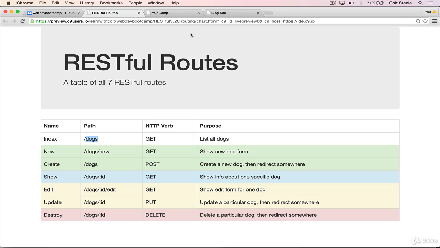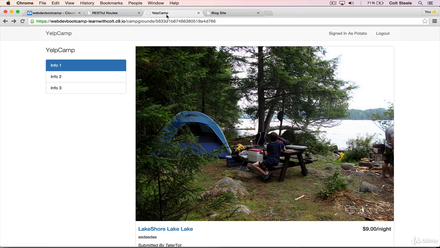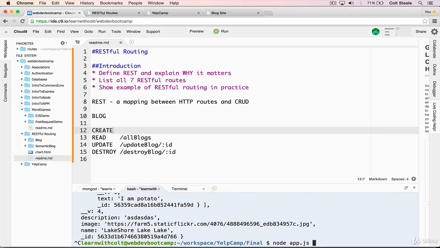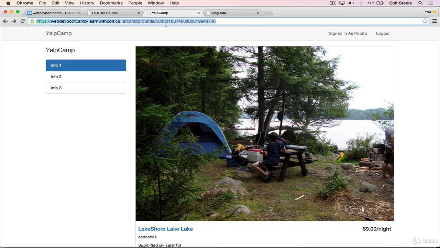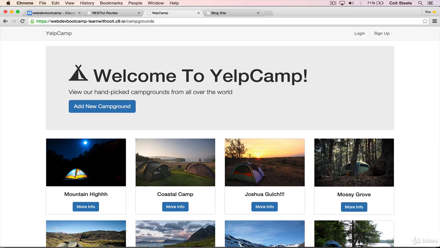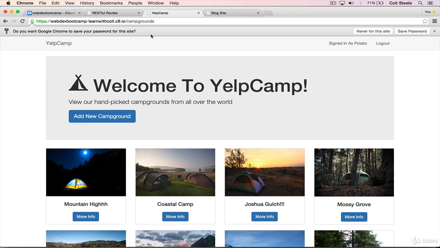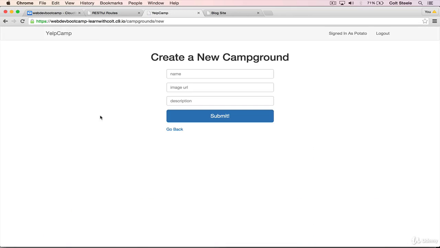And I'll actually show you really briefly with Yelp Camp, which I have open here. Notice that, I'll start the server up. Notice that the page where we see all the campgrounds is /campgrounds. If I want to add a new campground, first I have to log in, and this is a later version, obviously with some functionality we don't have yet, but if I do log in, notice that if I go to add new campground,